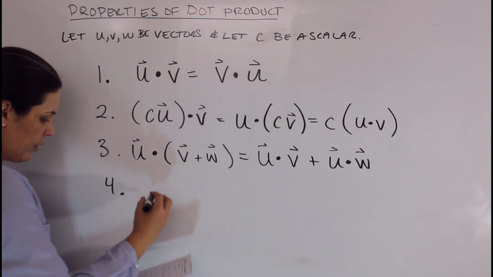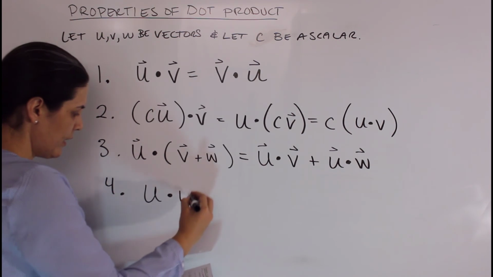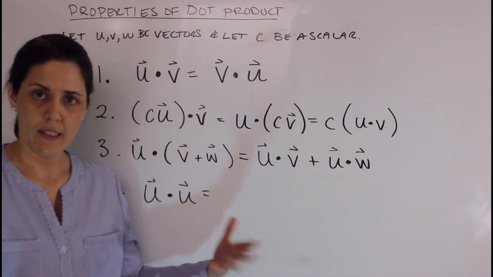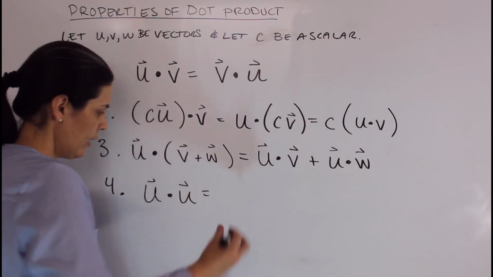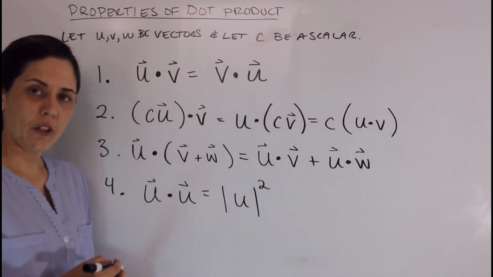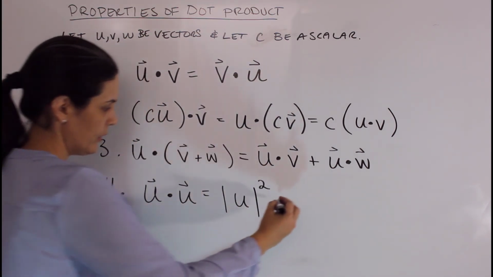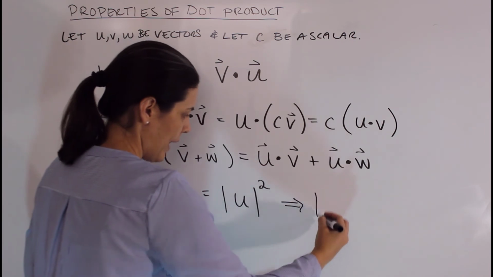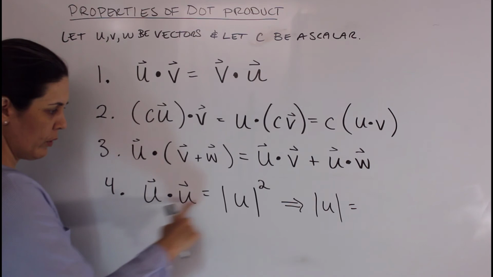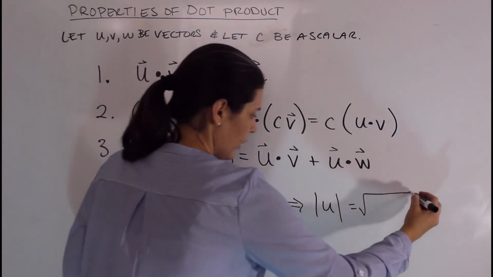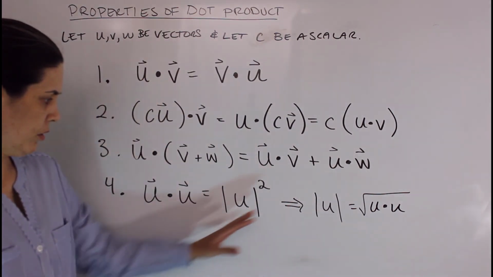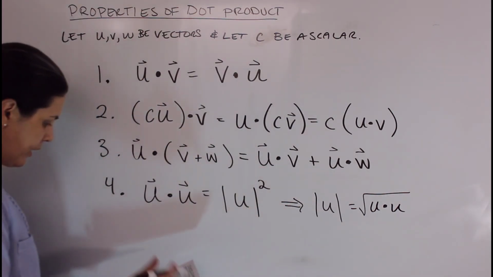Number four, u dotted with itself. So if you take a vector and you dot it with its same vector by itself, what you end up with is just the magnitude squared of that vector. And so a nice consequence of this is if you want just the magnitude of the vector, well, it's the square root of this. So it would be the square root of u dot u. So you can use two versions of this one. And then number five here,